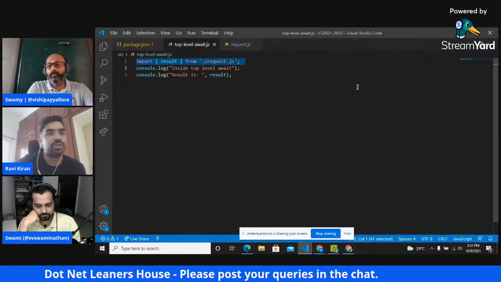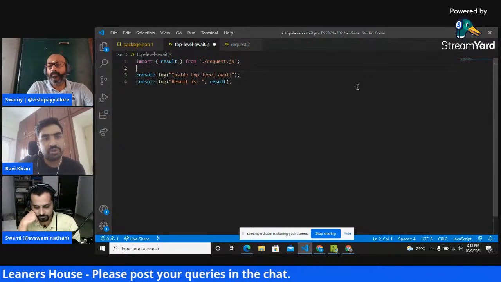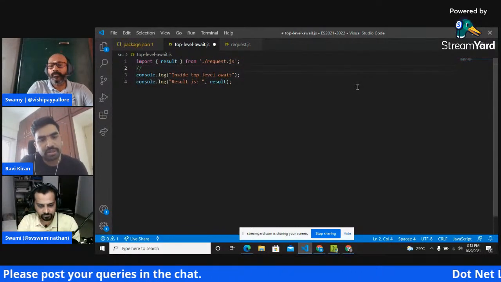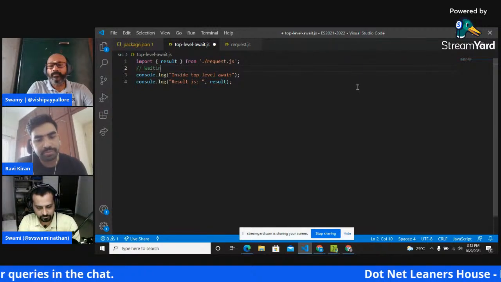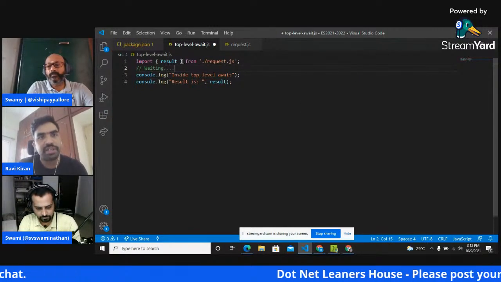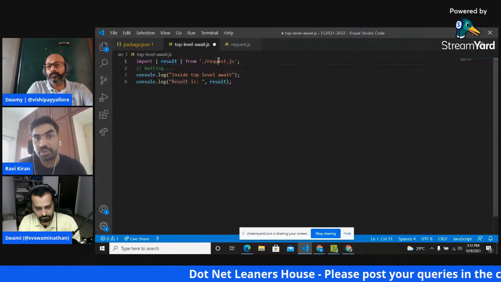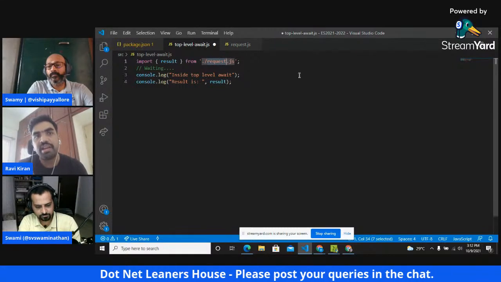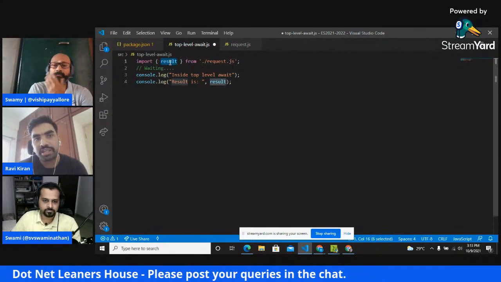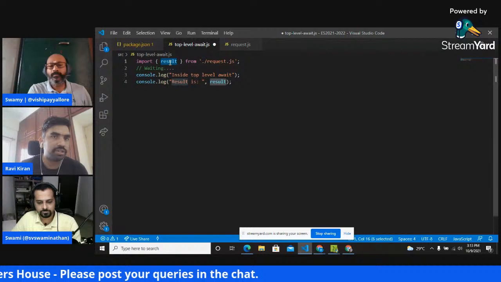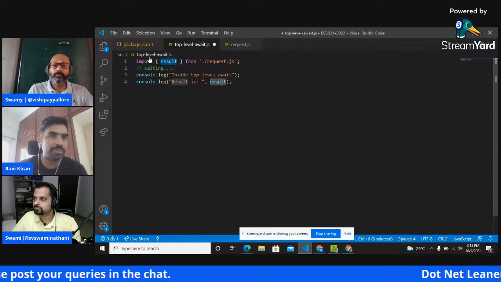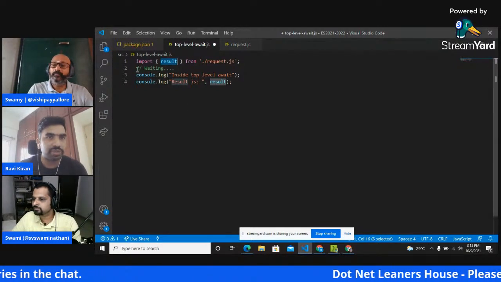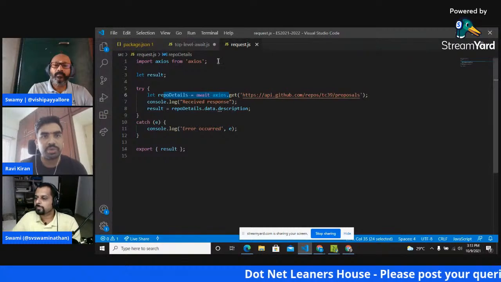So now the controller is going to wait here till the operation is completed in the request.js file and it has the resulting object exported. None of the statements of the top level await.js will get executed unless request.js is completed.